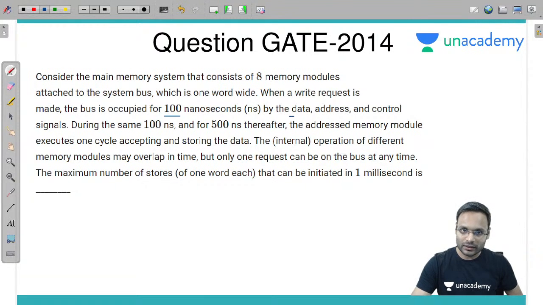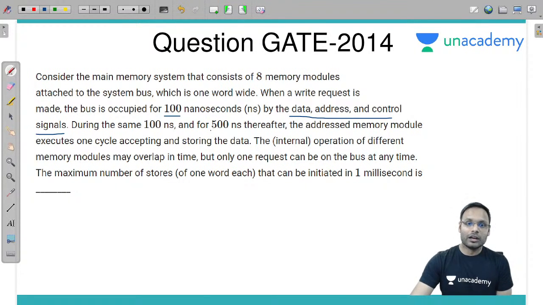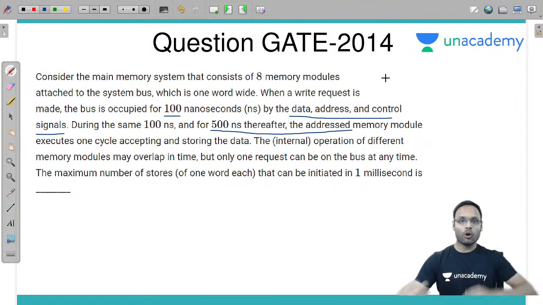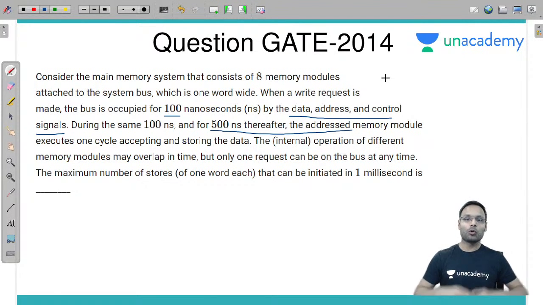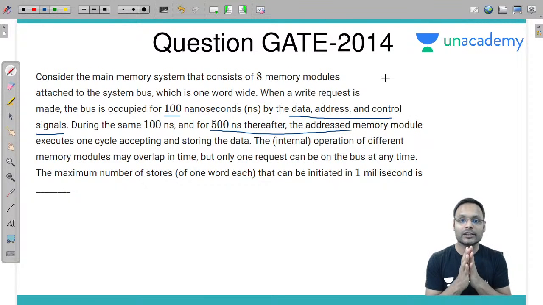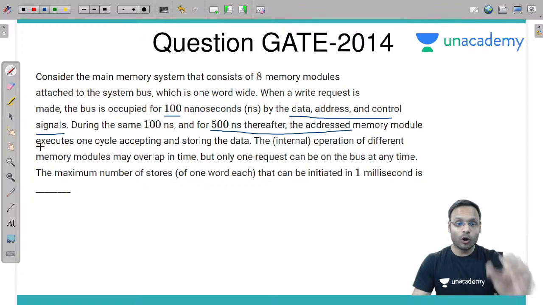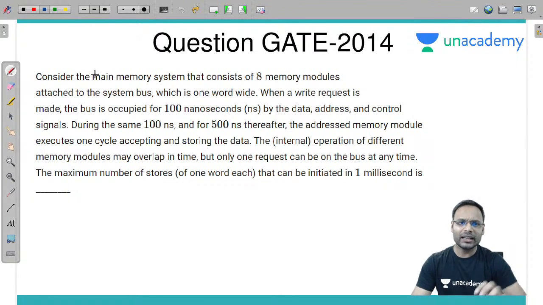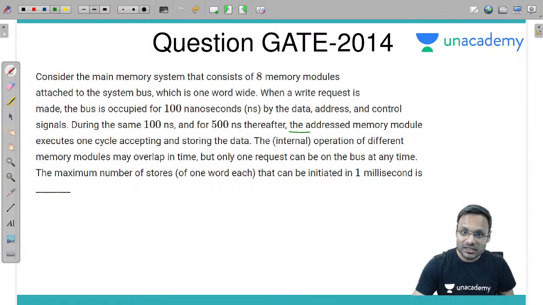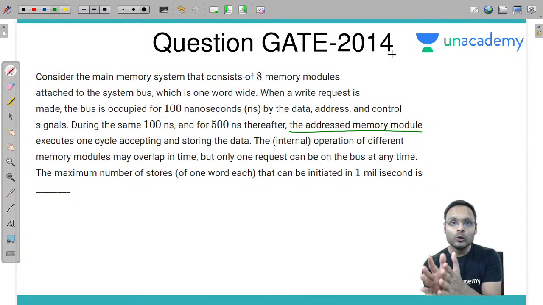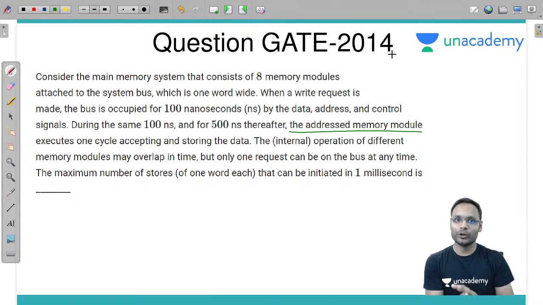Now what they say, during the same 100 nanoseconds, whatever the time they have given for data, address and control signals, okay, and 500 nanoseconds thereafter, और उसके बाद 500 nanoseconds, and after that 500 nanoseconds more, the addressed memory module, see, every single line, every single phrase is having a very deep meaning। The addressed memory module means among all those 8 modules, only that module जिसका address CPU ने generate किया है, addressed memory module।